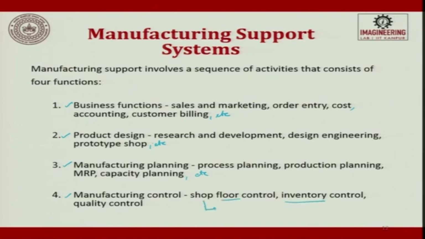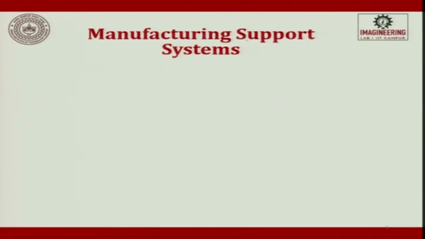Shop floor control we are talking about human involved. When we talk about inventory, it is warehouse involved, and when we talk about quality, SQC, SPC, all these things are followed such that you make sure the output of the product is perfect. So, in manufacturing system,